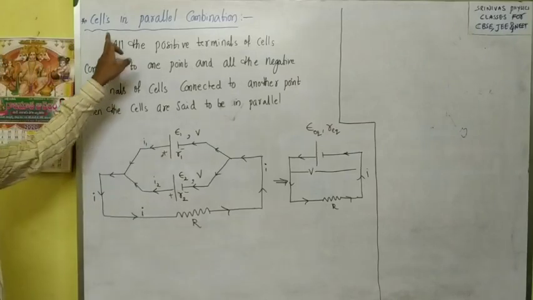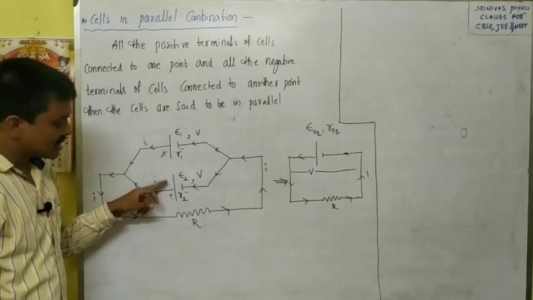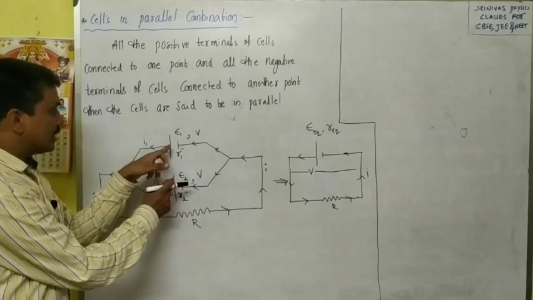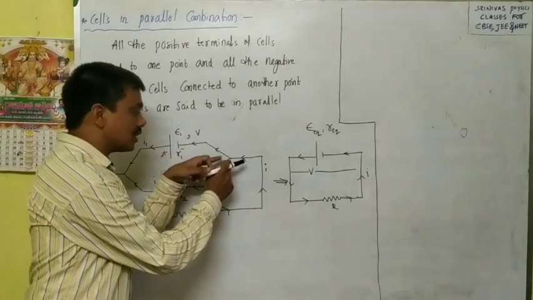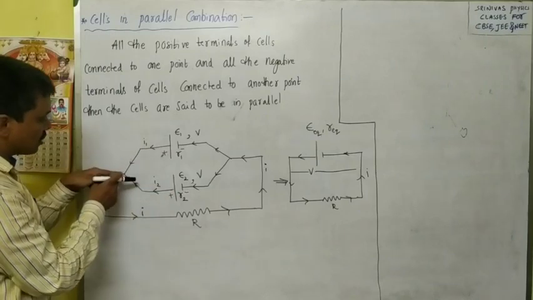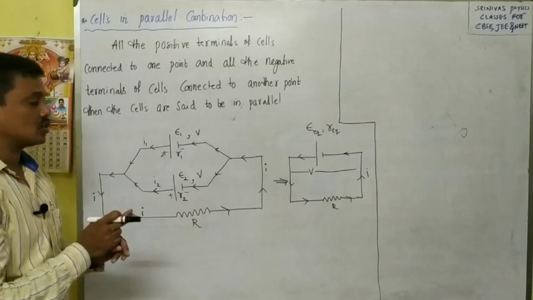Look here, when we say that the cells are in parallel, right? Now these two cells are in parallel. The positive terminals of the two cells are connected to one point, and the negative terminals of the two cells are connected to another point. Then the cells are said to be in parallel combination. All the positive terminals connected together, all the negative terminals connected together, then the cells are said to be in